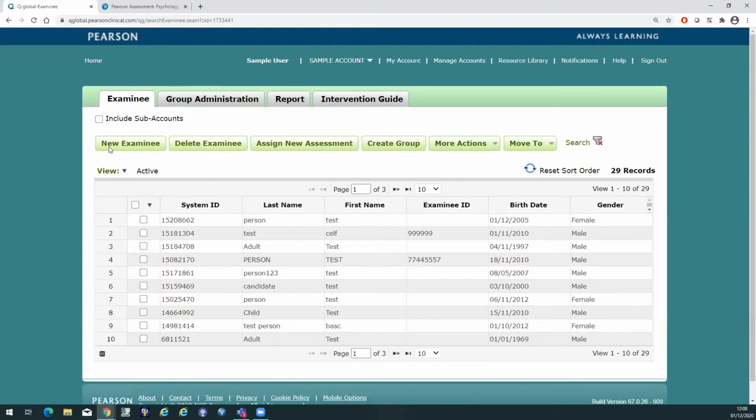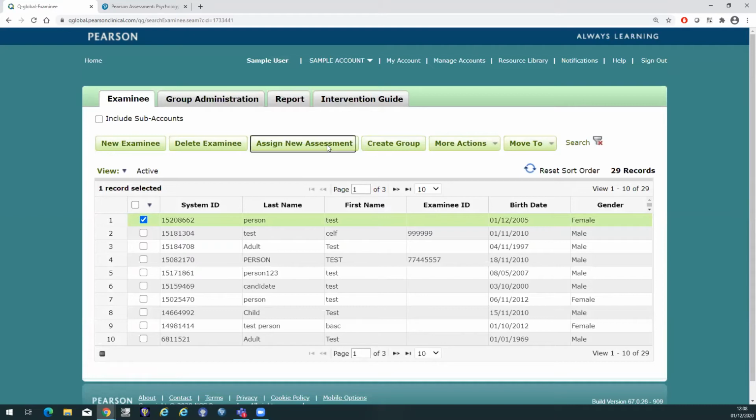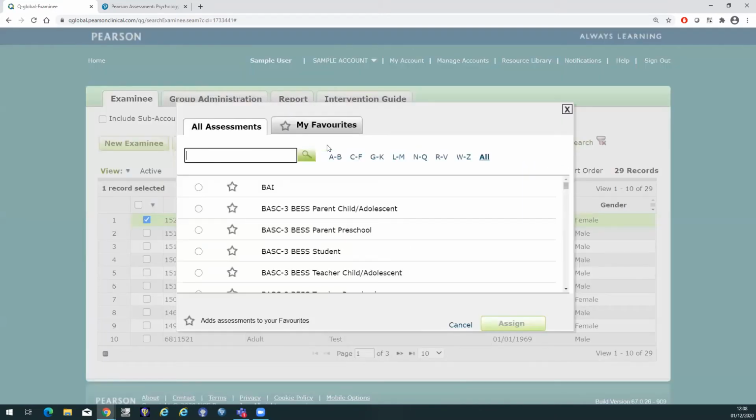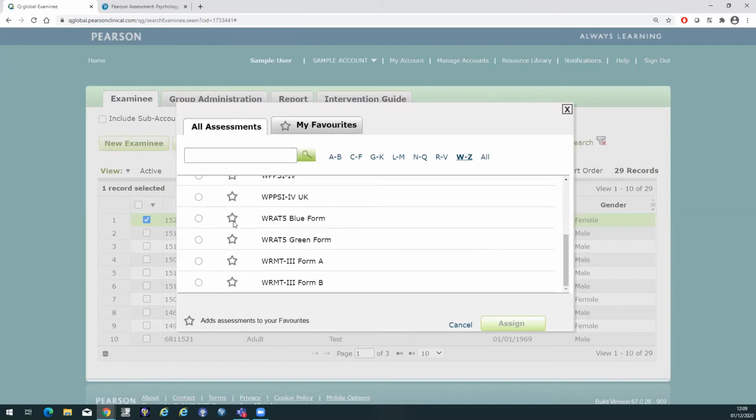Once you've created the candidate, they will then populate the list, and the most recently created candidate always sits at the top. You'll use the tick box next to their name, and then you'll press Assign New Assessment. At this stage, you'll see the entire offering of tests and forms that are available on the platform. And this is the stage that will determine what's occurred or what's due to occur as far as administration goes. My first demonstration would be if I'd administered the paper RAT5 and I was using Q Global to generate my report. I would head over to the test in question, assign it,